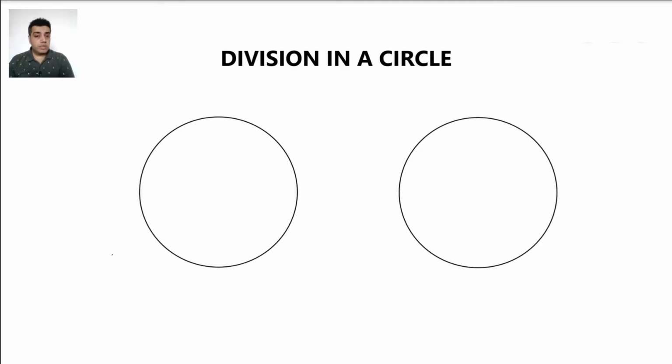So now we know what a transversal is. If you don't know it, let me tell you. Now if I say that this is a line, why do I call it a line? Because it extends from one point to the other such that the length of this line is infinite, which is why it is represented by arrows at its ends. That means it cannot be measured. Now this line becomes a transversal because it cuts the circle at at least 2 points. Here it is exactly 2 points.